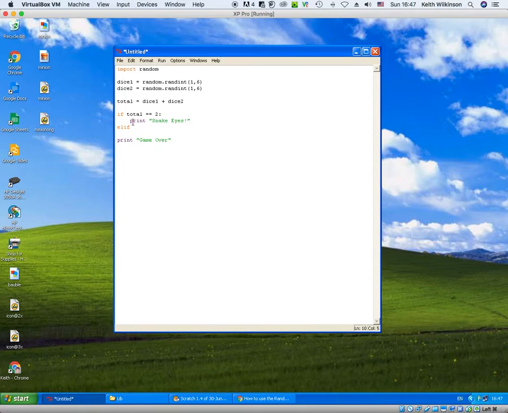elifs, just like the if statement, it has to have a condition, and that condition must be either true or false. So here total is equal to 2. If that's true, it's going to do snake eyes. If it's false, it's going to drop down to the next statement, which is the elif, and total is equal to 7. I'm going to just do a simple print